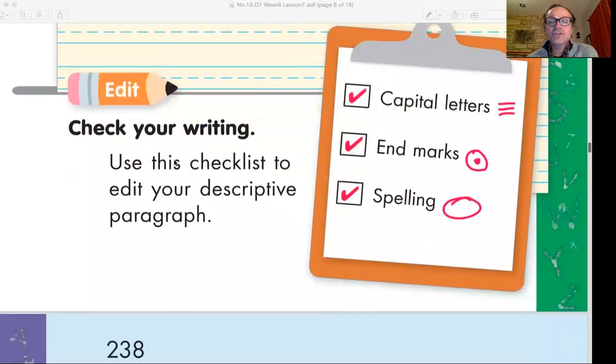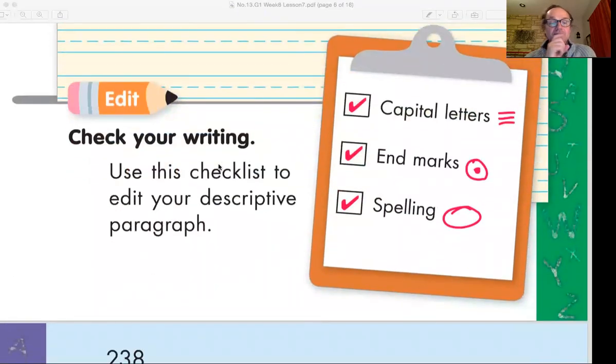So now I want you to do the same. Check your writing. Use the checklist right here. See this checklist? Check for capital letters. Check for the end marks. And check your spelling. Would you do that, please? Stop the video right now and do that. Good. You are making your own